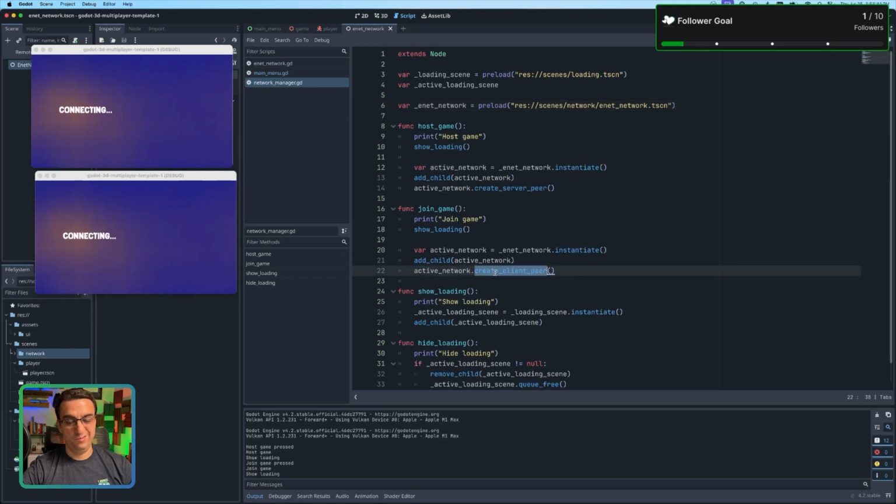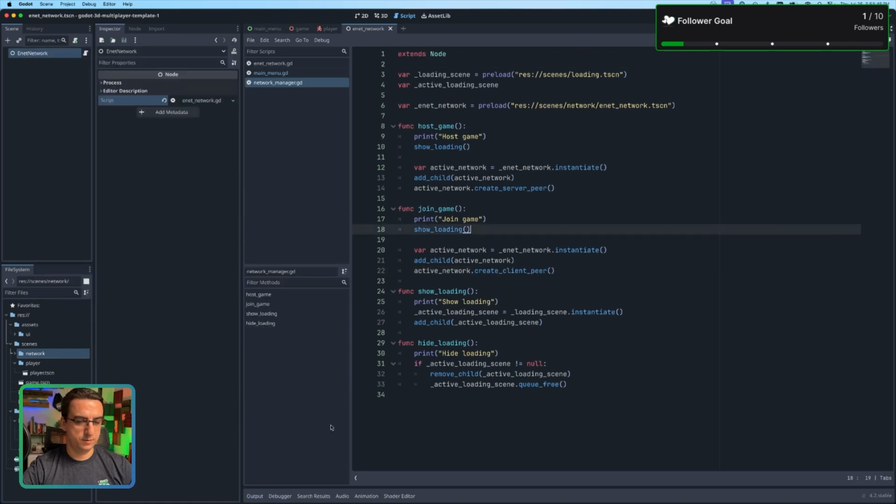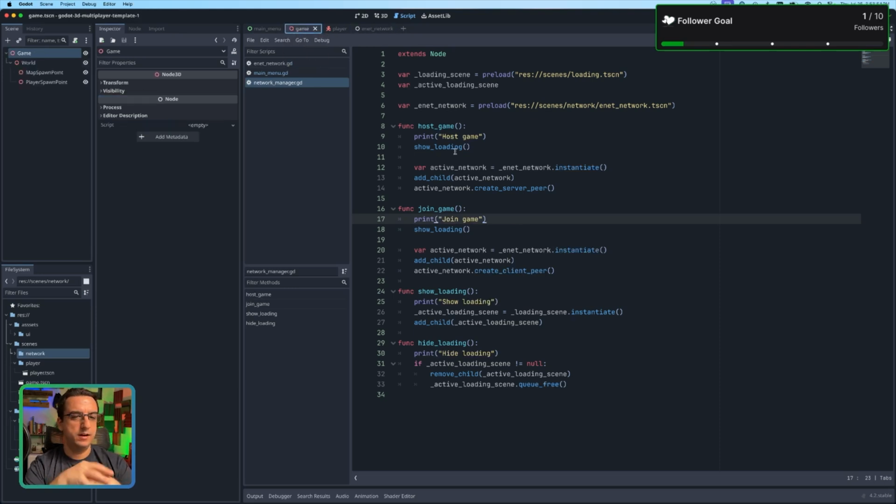I don't know if it connected because I don't have any callbacks, but it didn't throw any errors. So I guess we have a network set up. We're going to get into that in a second. But what I want to do is create a multiplayer manager script that exists within the game,